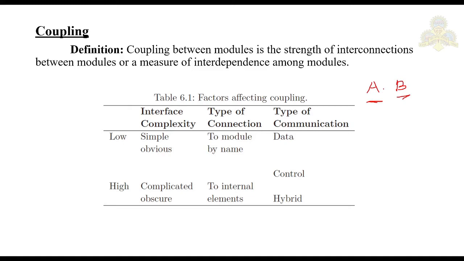So, if you consider A and B are highly coupled, they will be interconnected with strong interconnections, while loosely coupled modules have weak connection between them. Independent modules mean there is no interconnection at all. Now, to solve and modify a module separately, we would like the module to be loosely coupled with the